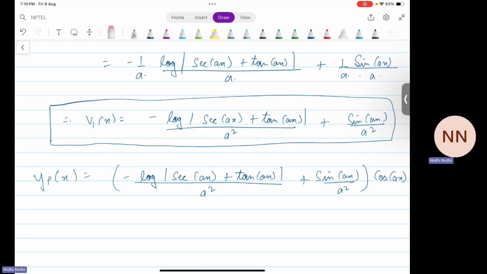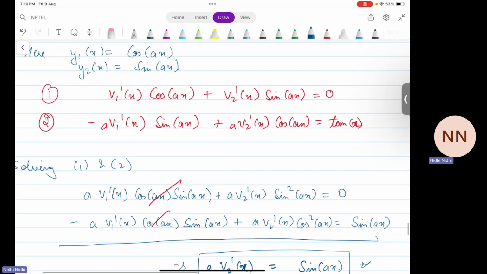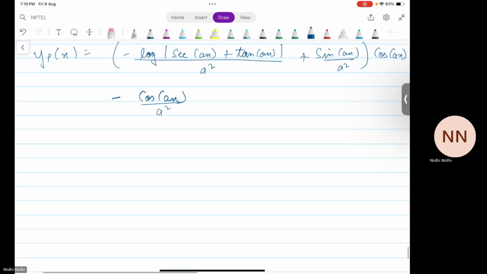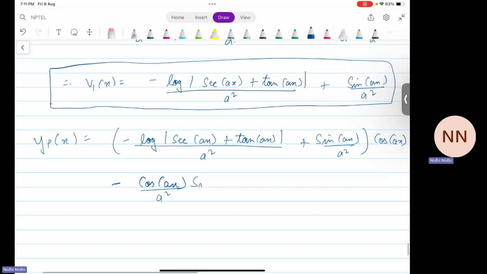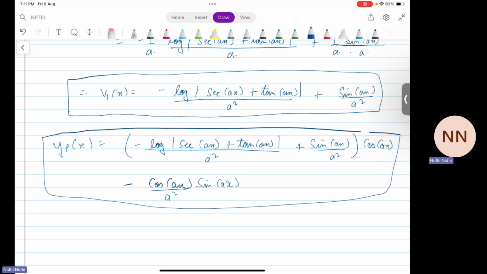This is minus a, b, y a square times y2x. What was y2x? Sin ax. Now this gives us the particular solution. Therefore, our general solution is